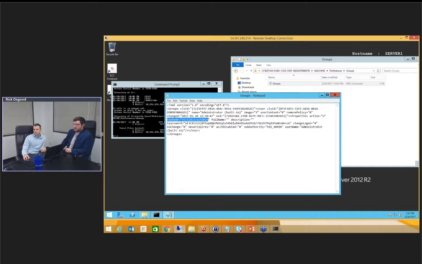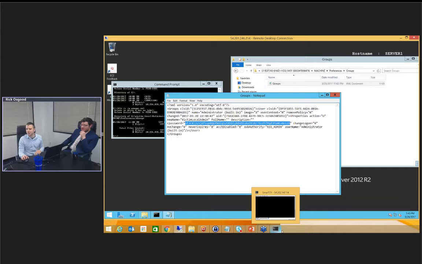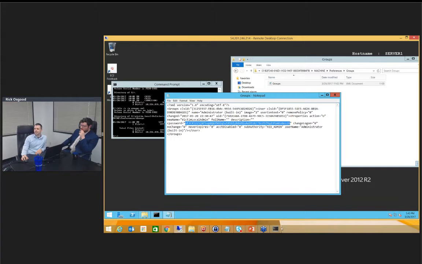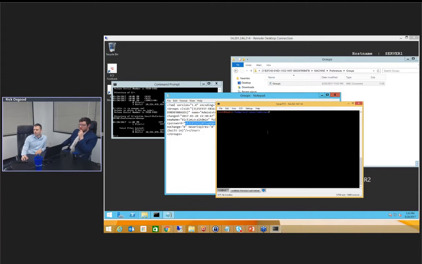And then you see the cpassword string. This is where the encrypted password is stored. So this string here is the password. It's encrypted, and I believe then base64 coded. So how can we use this if it's encrypted? Well, there are free, easily available tools. Microsoft published the keys, so somebody wrote a script. You could do some manual decryption and that kind of thing, or we can use